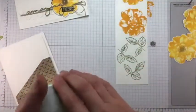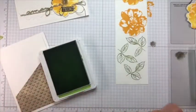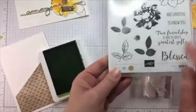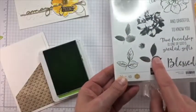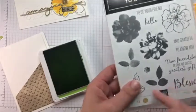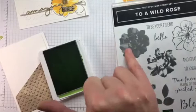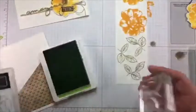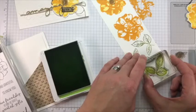Now, what I have done is in the stamp set, you've got, again, like the 3-step stamping for the flowers, you've got 3-step stamping for the leaves as well. So you've got the skeleton. I feel like I'm not saying that right. Then you've got a little bit finer detail, and then you've got a real sort of like more solid, dense one, which is the equivalent of this one. I've only used these two on my card, which is where I have simply inked up and then,